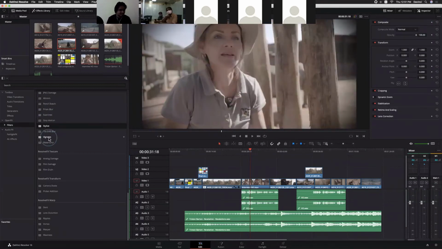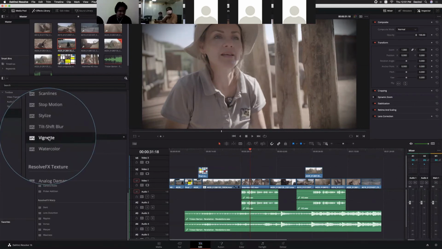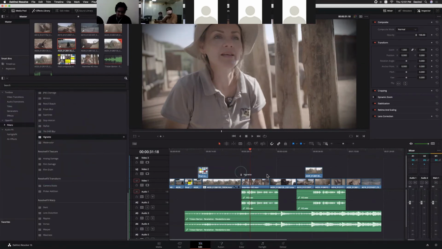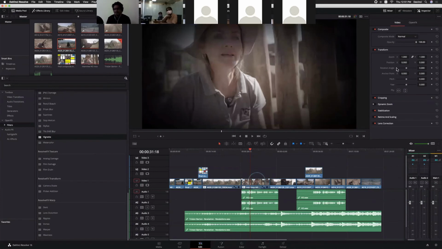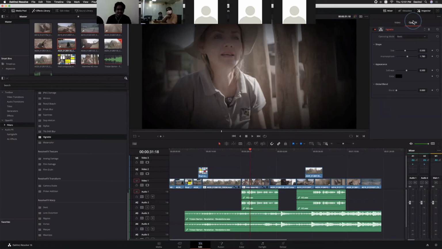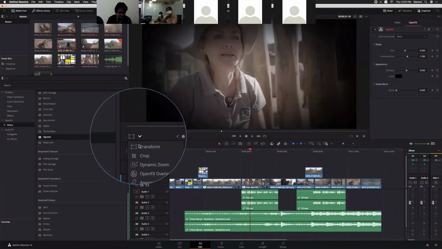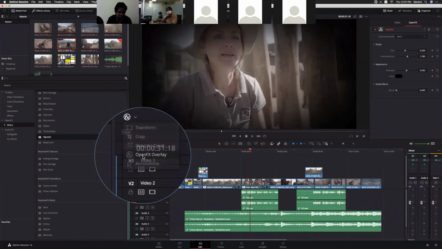Yeah, it's there, the vignette filter. Sorry, it is showing here. Vignette is there. It is pretty much doing everything. But for some filters we do have on-screen controls, right? Within the canvas, we can adjust some filters. Let me check with this filter. We need to select the OpenFX overlay.